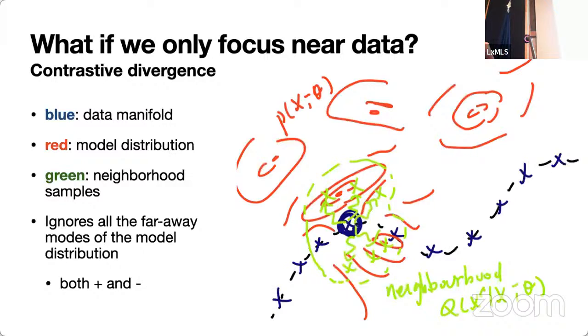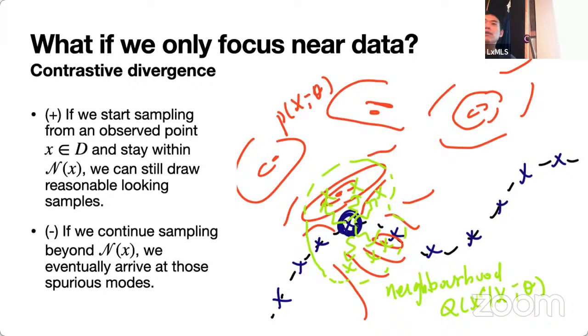Again, this was supposed to be a nice, intuitive picture, but it doesn't look like it. But what you should see from this is essentially that anything that is far away from this curve is being ignored. We don't care. We're saying that our learning algorithm has a difficult time trying to look at the entire space, so we're going to relieve it from having to explore too far away from the data.